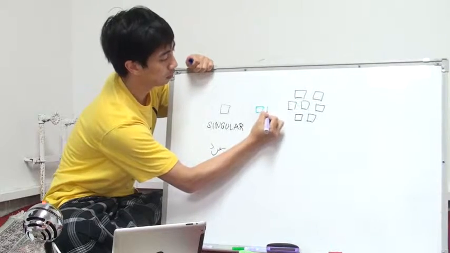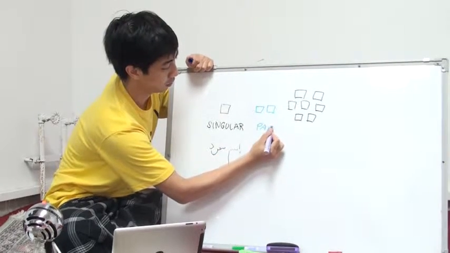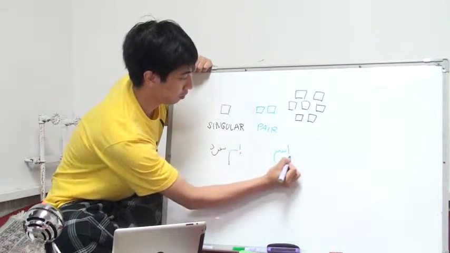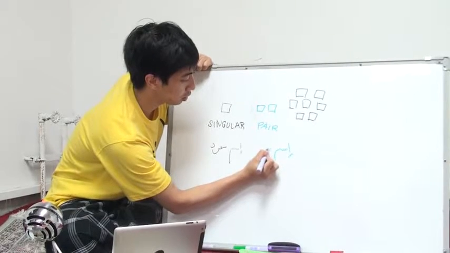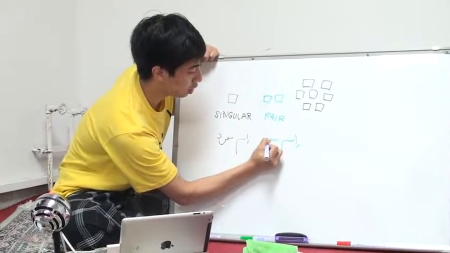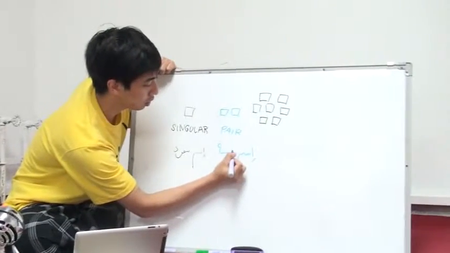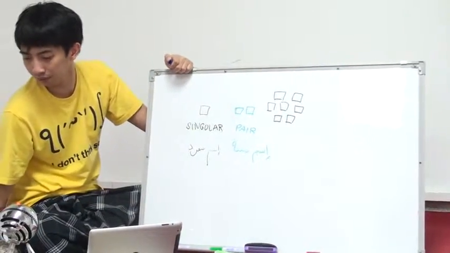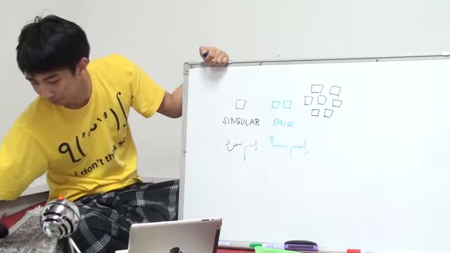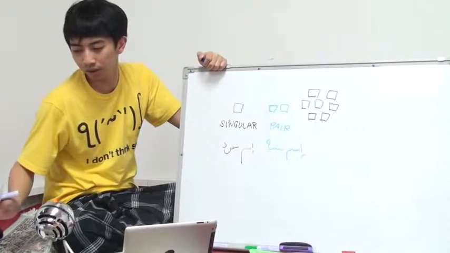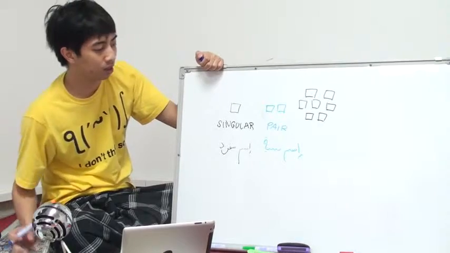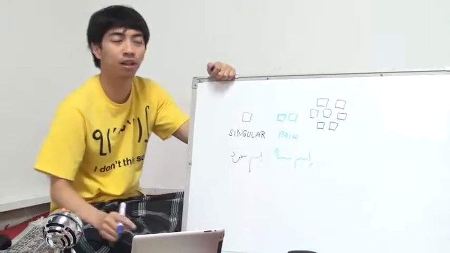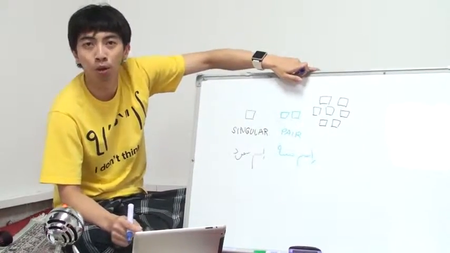For pair, we may call it ism tasniyah, or ism muthanna. Ism mufrad, ism tasniyah, and for plural,